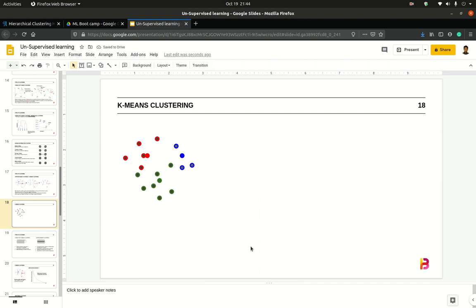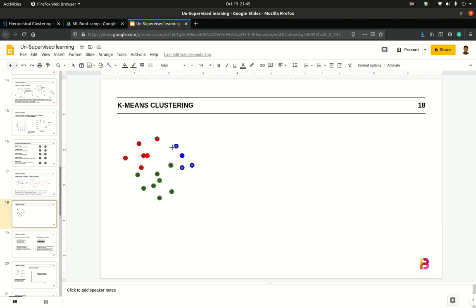Now it will again start. It will forget all of the previously drawn colors and associated tags. It will again start calculating, let's say for this point, the distance to this centroid, this centroid, and this centroid. So the entire calculation happens again, and because this was closest to the red, it would get tagged as red again. But consider some points like this point.